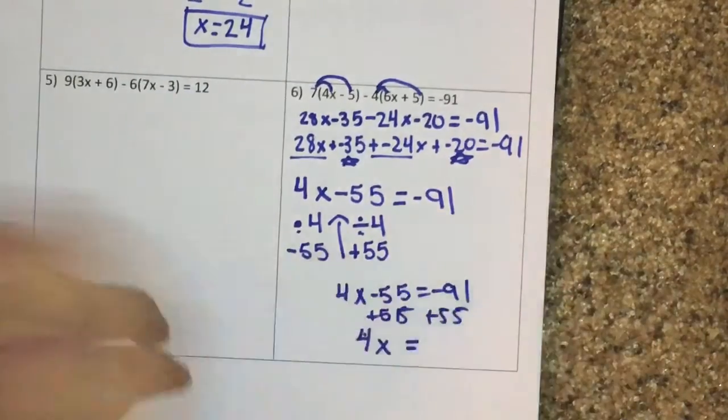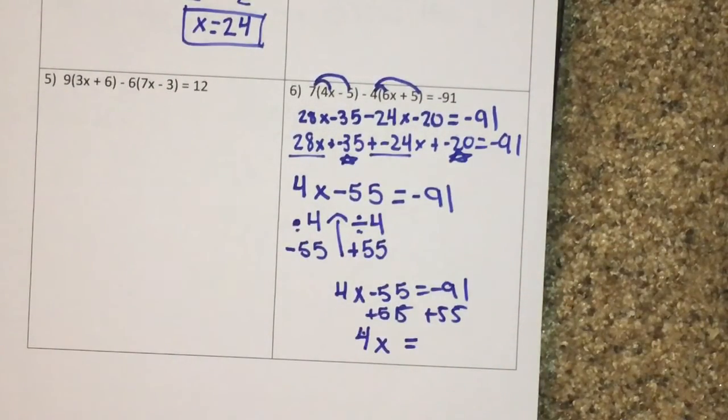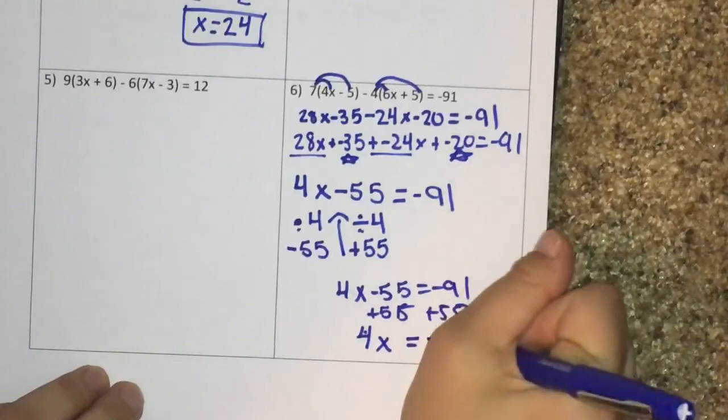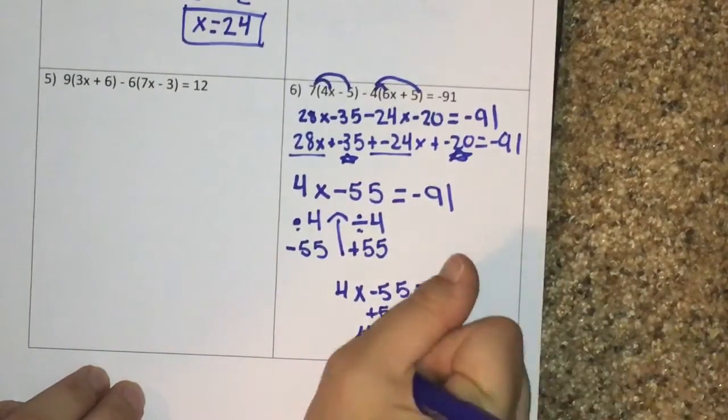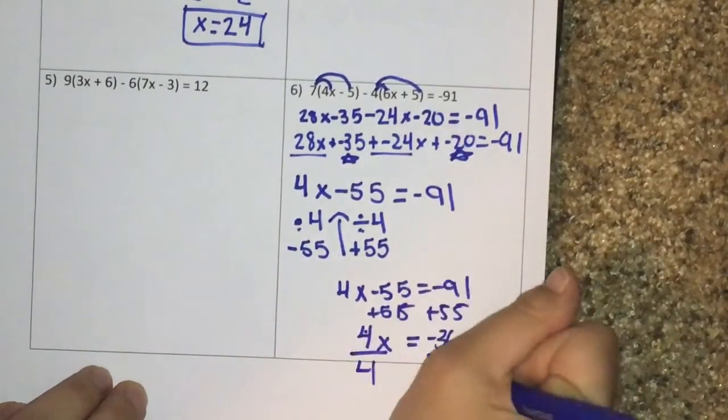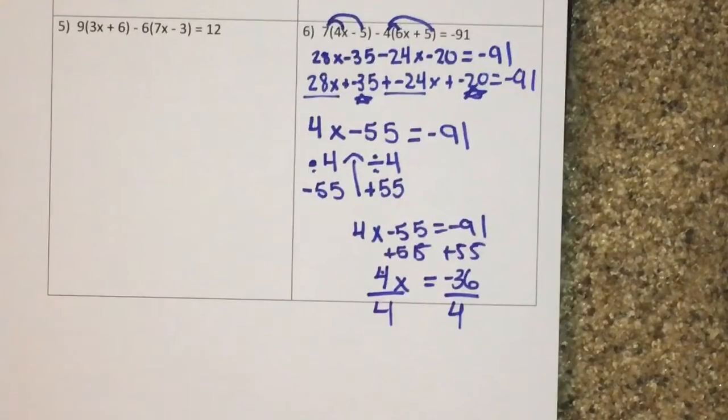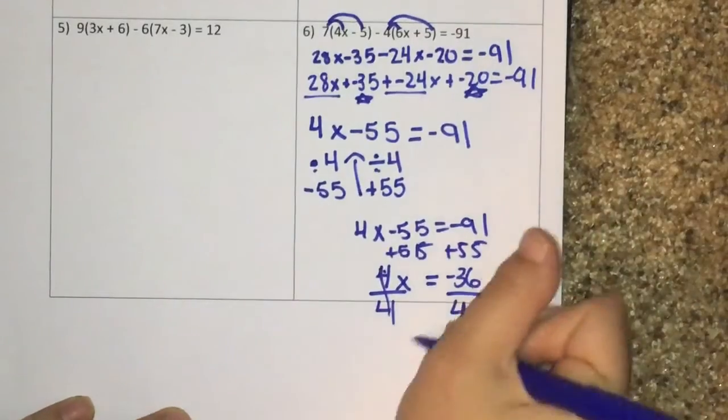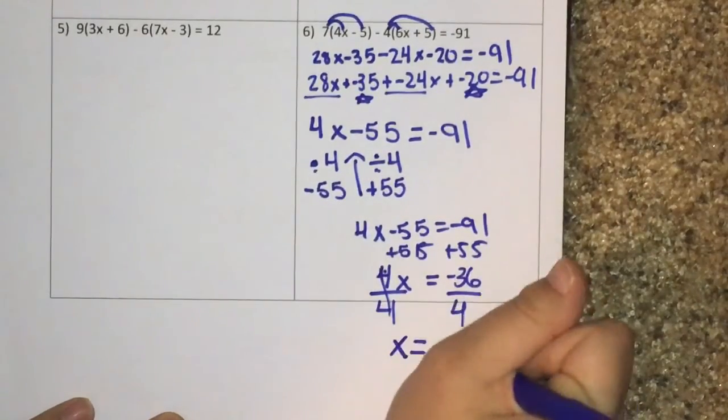4x is going to equal negative 36. Now I need to divide both sides by 4 because x is being multiplied by 4. In order to get rid of that, we need to do the inverse operation. And we get x is equal to negative